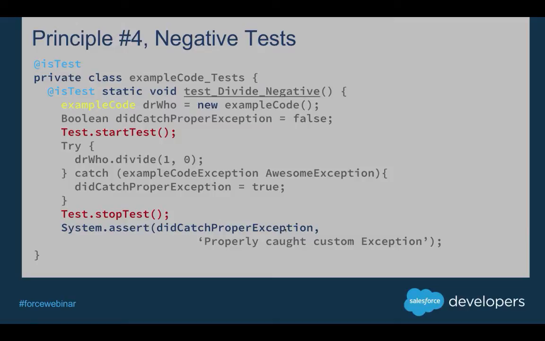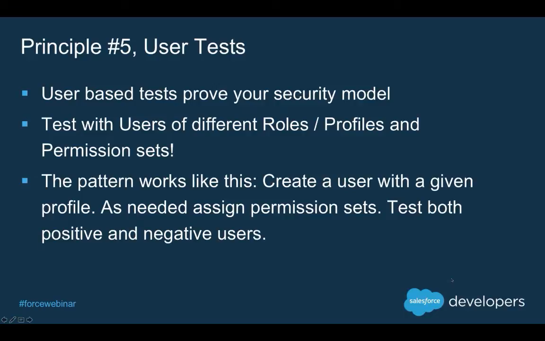We put our code that we believe should cause an exception to occur within a try-catch. We catch the kind of exception we're looking for, and if that exception comes back and it is of the type we're looking for, then we set something to true so that we can say yes, we caught it. Negative tests are incredibly powerful, and they're one of the 3 types of tests you should always be running. You want to always write positive tests, you always want to write negative tests, and you always want to write